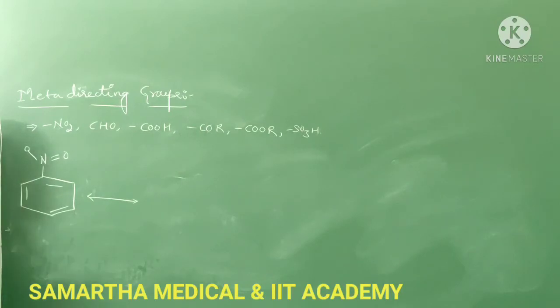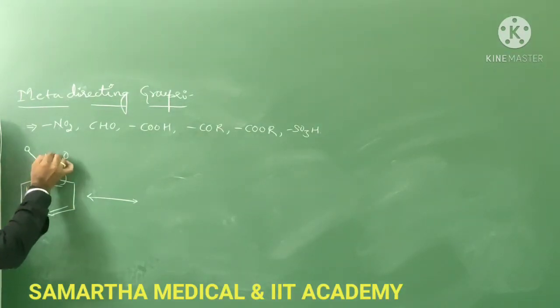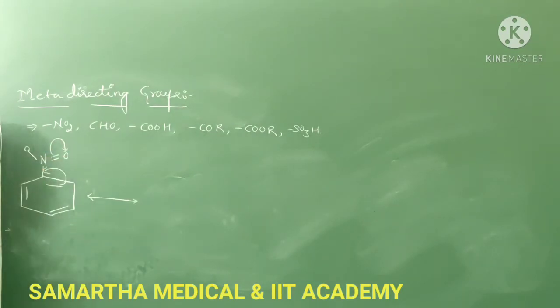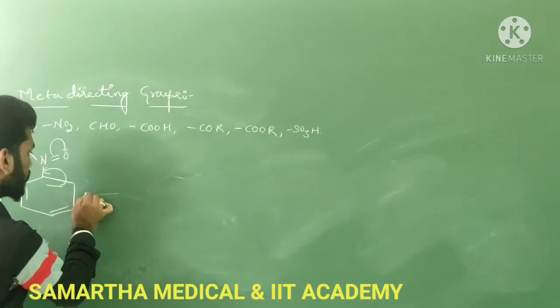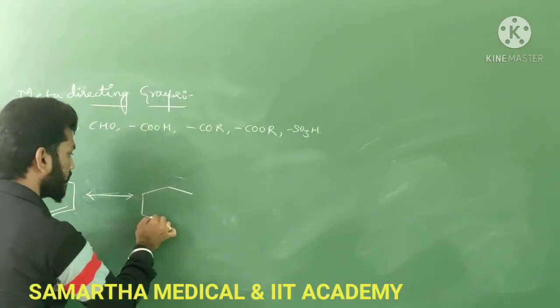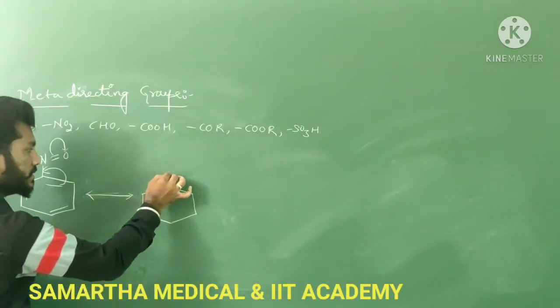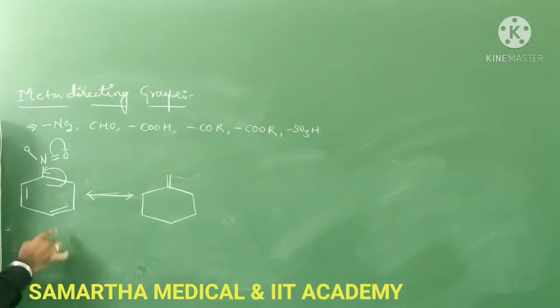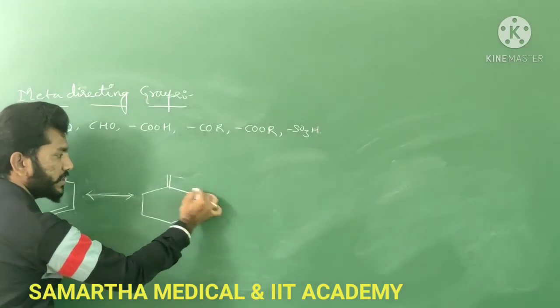Okay, so what is the actual role of this NO2? This particular group can withdraw electrons from the ring itself. That's why this pair of electrons has been shifting over here, and this bond has been shifted onto the oxygen. Okay, so then you just look at that kind of reaction. Here the electron pair is going to change its position, guys, that's it. When this electron has been shifted over here, this particular carbon atom gets a positive charge.